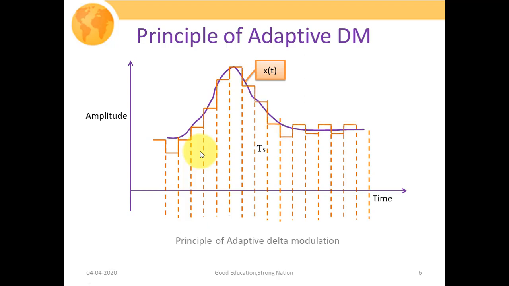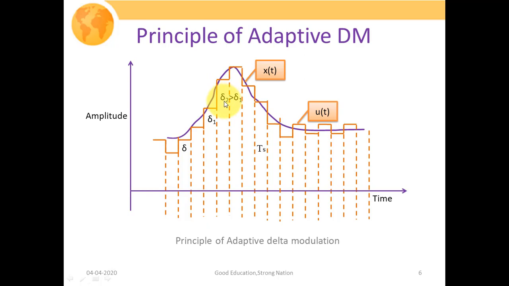So now what we're going to do is approximate our signal in the form of a staircase. This is our staircase, which is trying to approximate our signal as we did in our delta modulation. What we did in delta modulation is that the step size of the staircase remains fixed, equal to delta. But what difference we are seeing here is that the step sizes of the staircase are not uniform, they are changing. Let us say this particular step size is denoted by delta 1 and this particular step size is denoted as delta 2.